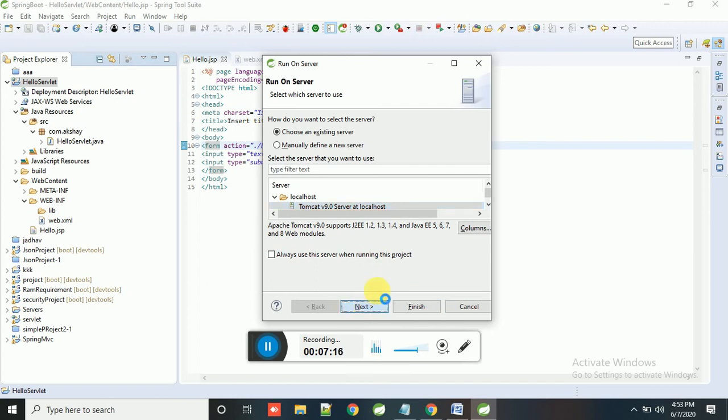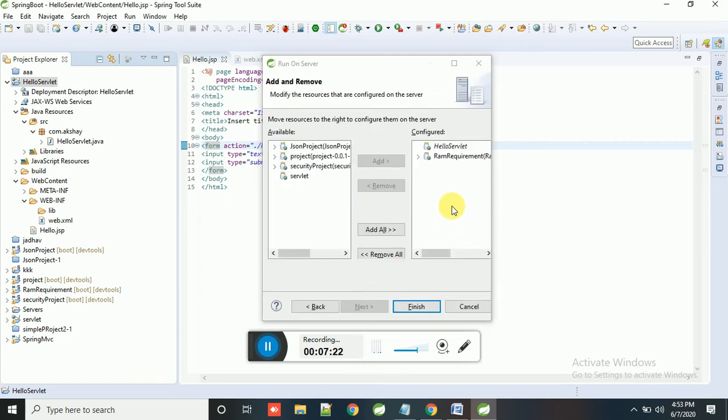When clicking next, we need to configure your Tomcat server. Your project is hello servlet, so I will name it hello servlet. We configure it here, then click on finish.